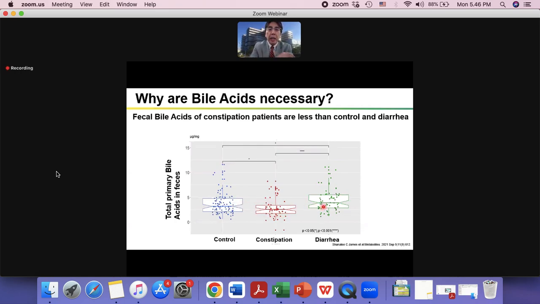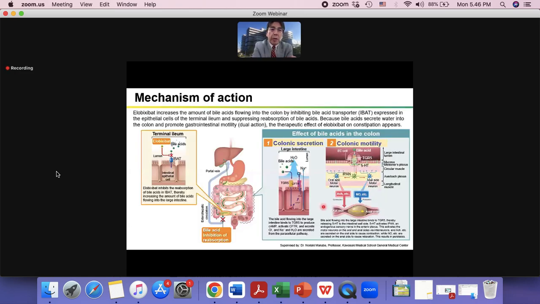And the patients with diarrhea show a higher concentration of bile acid. 50% of IBS-D shows a higher concentration of bile acid. So, considering that patients with constipation show a lower level of bile acid,